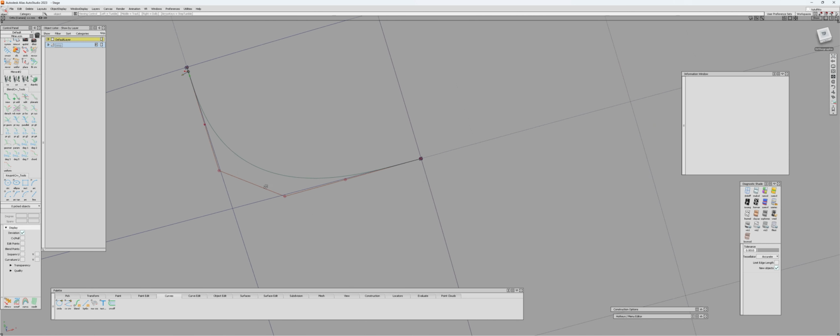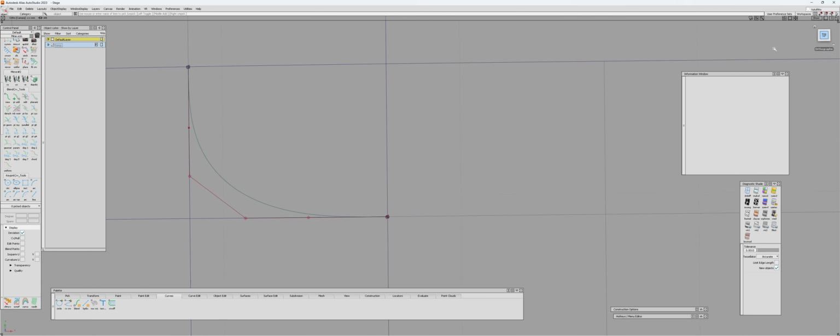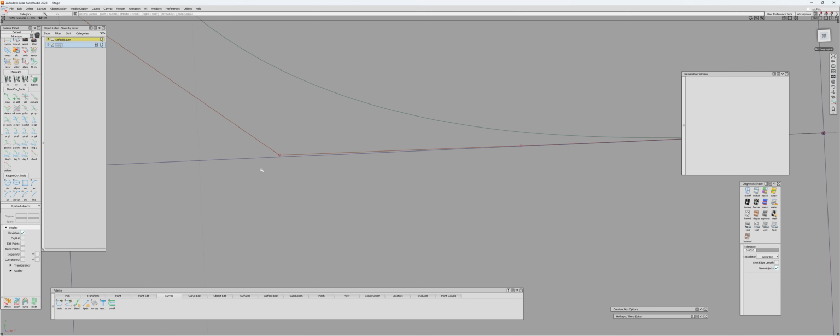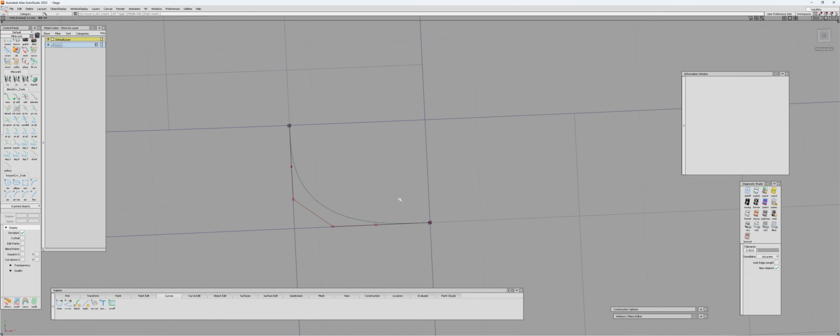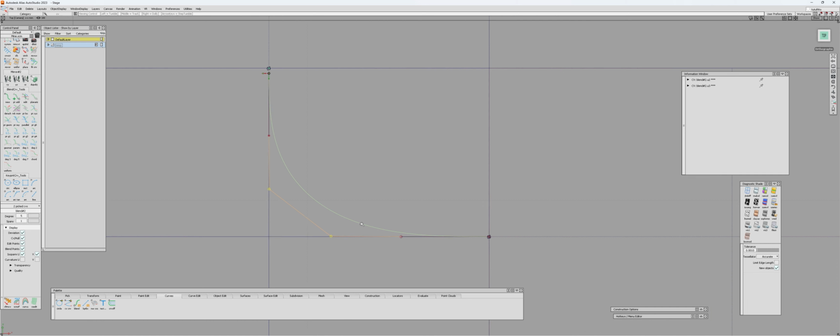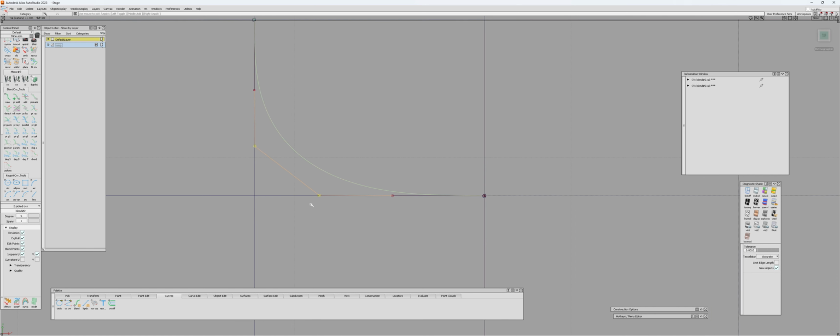So if I will open up my CV structure and look from the top, zoom in, you will see that this CV is not in line with this one. It's not collinear, even though these lines are actually straight. Well, what's going on? Why is it happening? Well, it's a very minor change, right? But it really depends on the model. If the model is big, the transition is big, the deviation will be big. So basically it does it purposely, because this method helps a lot to create a proper structure. But at the same time,